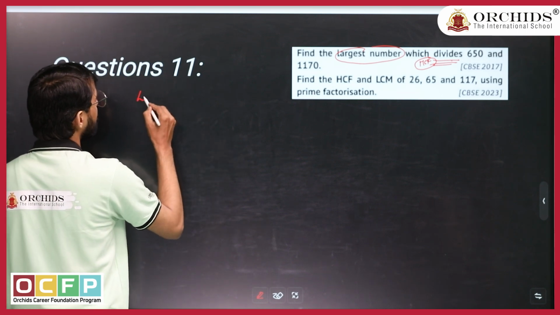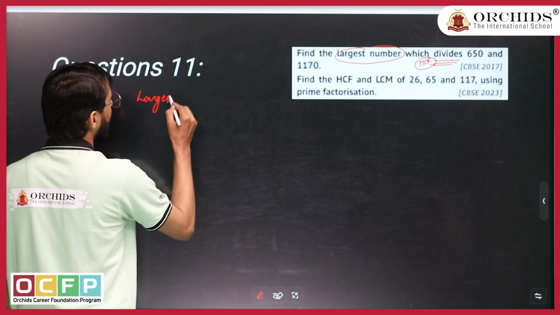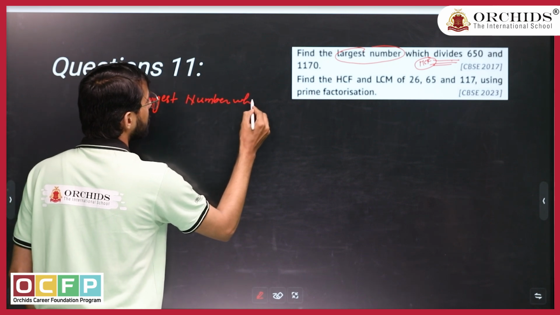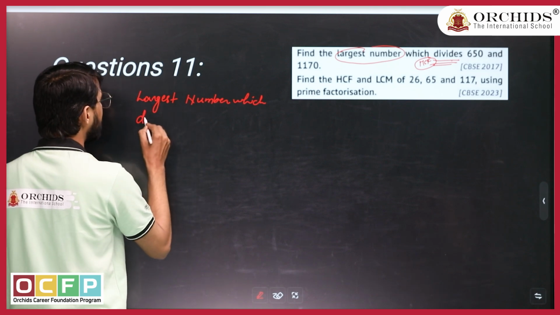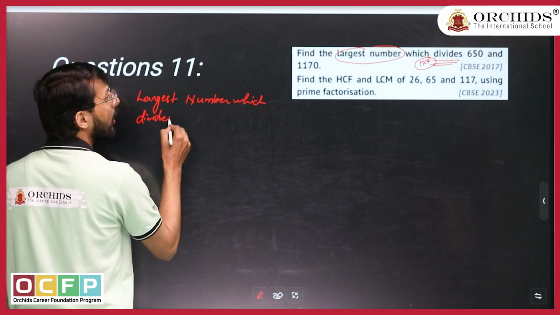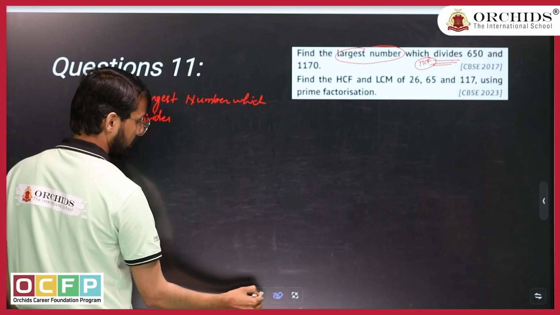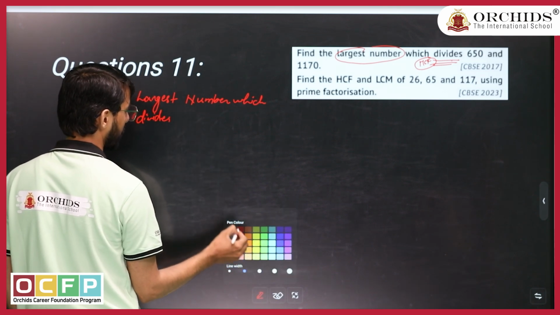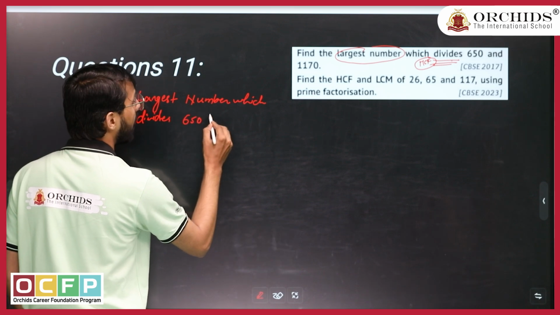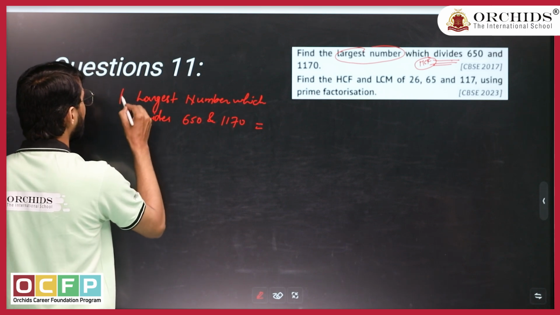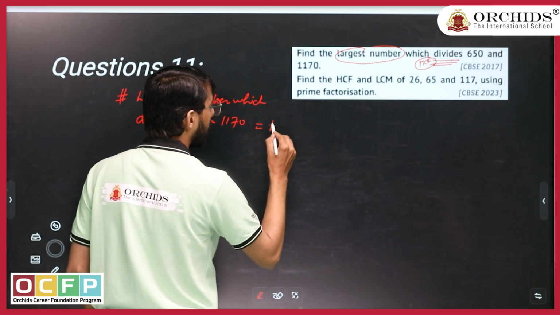So the largest number which divides 650 and 1170 is equal to nothing but the HCF of